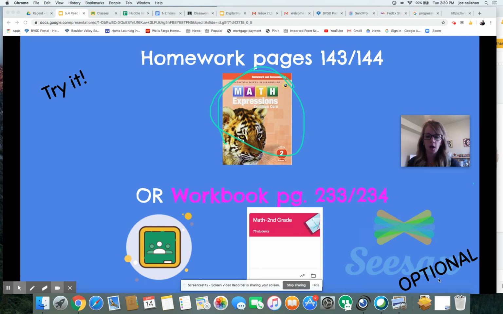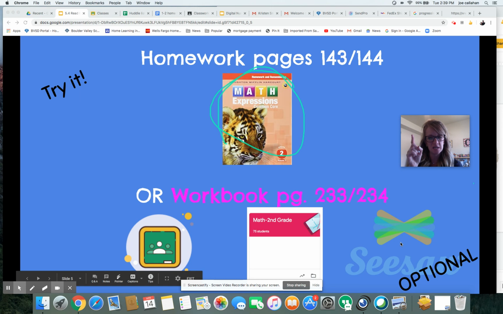Now, as an optional activity, you can take a picture of that work, which your teachers would sure love to see, and post it to Seesaw. Save it to our math folder so that we can see the work you do today with a really clear caption explaining what you worked on and what your target was today. You don't have to do this, but it sure would be awesome to hear from you and see that fantastic math thinking. So that's up to you, mathematicians. What your teachers do expect is that you are working hard, doing your best, and learning new things.